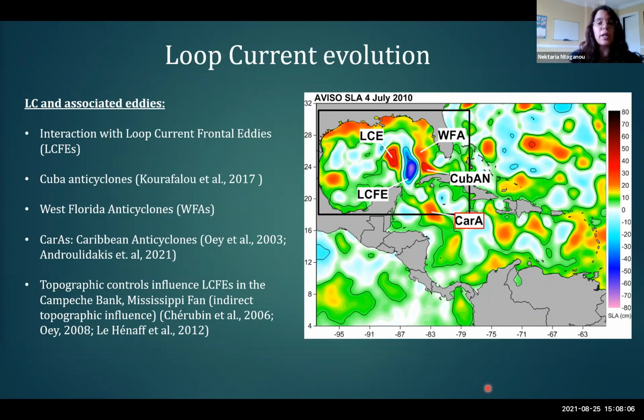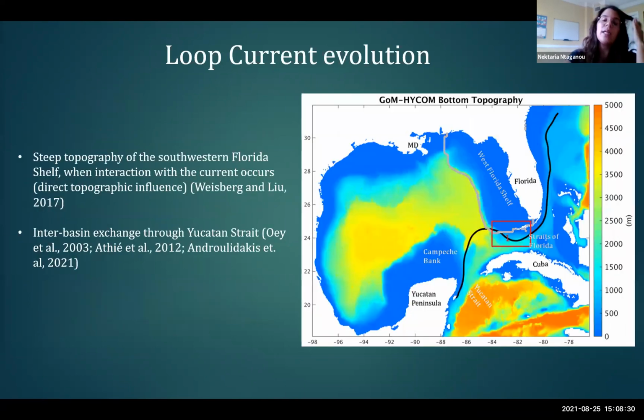The eddies associated with the Loop Current are affected, among other factors, by topographic controls. For example, the formation and intensification of Loop Current frontal eddies, cyclones that propagate around the Loop Current, is affected by the topography in the Campeche Bank and the Mississippi Fan, which is a region in the northern Gulf of Mexico. Because the Loop Current flows through 2 straits, its evolution is affected by processes that happen in the Straits of Florida and the southwestern Florida shelf, as well as the Caribbean Sea. So there is direct topographic influence by the steep topography of the southwestern Florida shelf, and inter-basin exchange with the Caribbean Sea